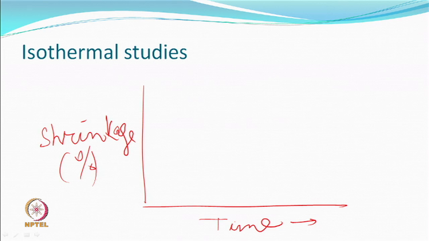So, invariably the curves you draw with respect to time may be like this, and after some time you may find there is an equilibrium shrinkage which has been obtained at a given temperature. Okay. If you change the temperature, the curve will be different. So, it is an isothermal study. That is why we said it can be thermo-chemo-mechanical texturing, because with the same solvent at a higher temperature, maybe the system can work faster.